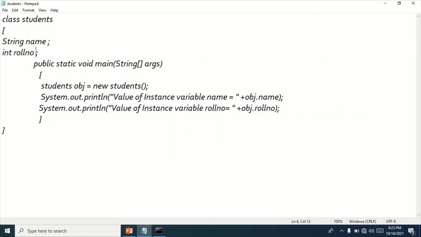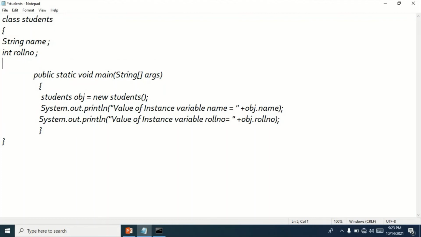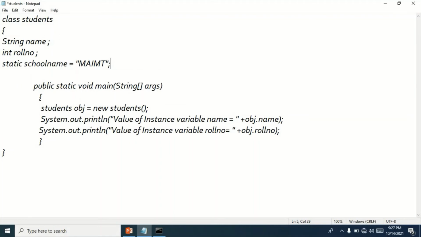For example, here we have created the class of students. There can be a number of students in a class with different names, and each student will have a unique roll number, but the school name or college name of all the students of a class will be the same. So we are going to declare school name as static. Here the name of all the students of a class will be different. Roll number will be unique for all the students, but the school name will be the same for all the students. So we have created this school name as a static variable, so that only one copy of this variable will be created in the memory.